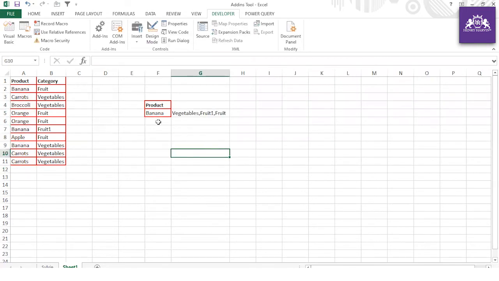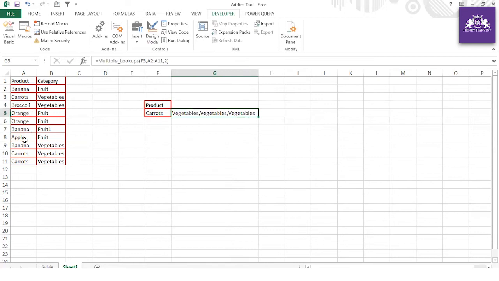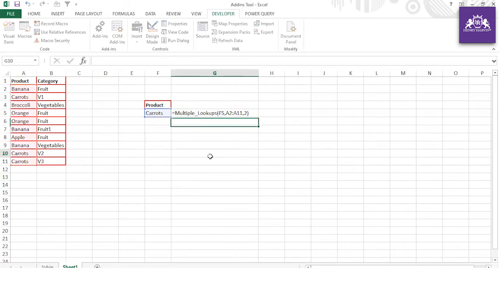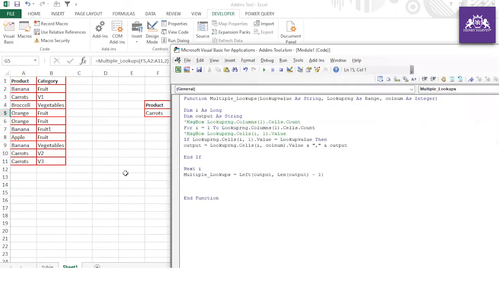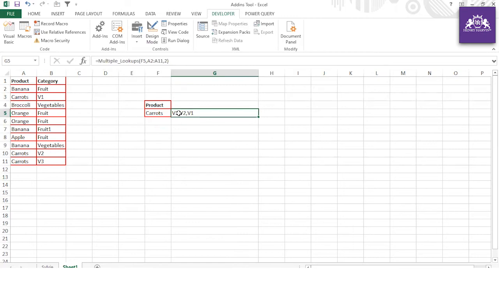All right, correct. So if you search carrot, CARROTS, so now guys see that carrots has three vegetables. See, one, all right, and 2 and 3. If I mention carrots, V1, and carrots V2, and here carrots V3. So now guys understand, this function doesn't seem to be volatile. Volatile means, generally understand one thing: whenever we develop any UDF, they are not volatile. Since you notice that if I change some values here, all right, so the function is not changing.